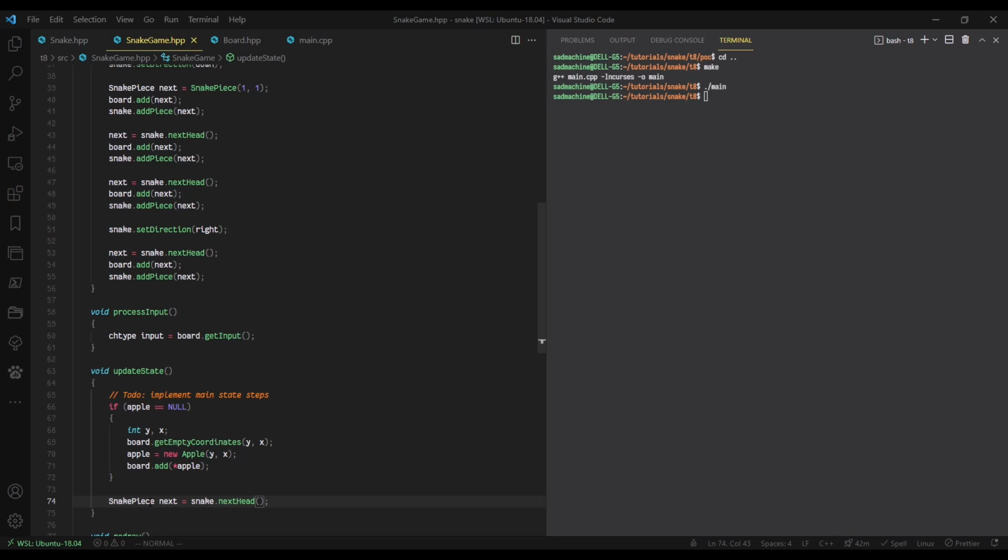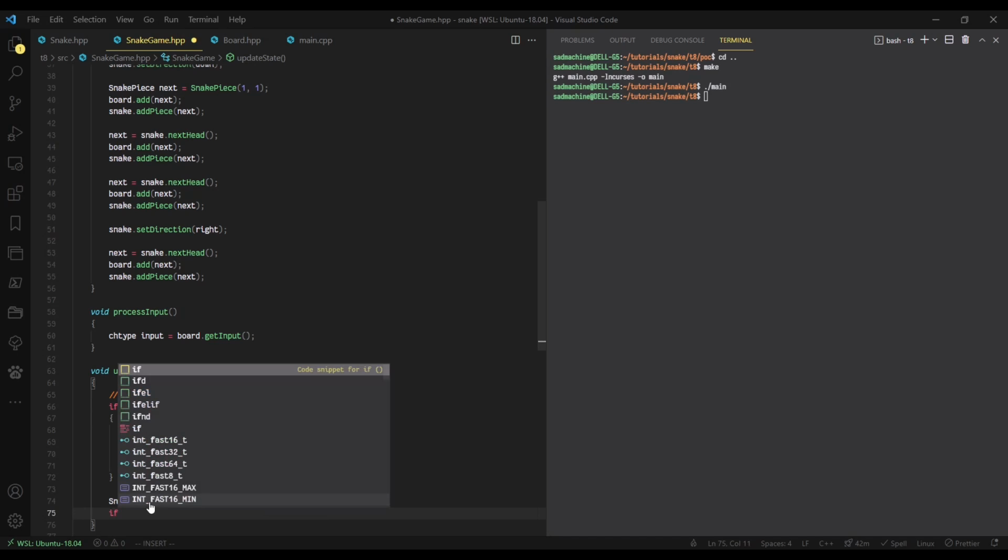And then what we're going to do is, now this is the step where we check to see if the next piece would be on a blank spot, or if it's on a spot where there's an apple. So the way we're going to do that is we're going to use an if statement and say,